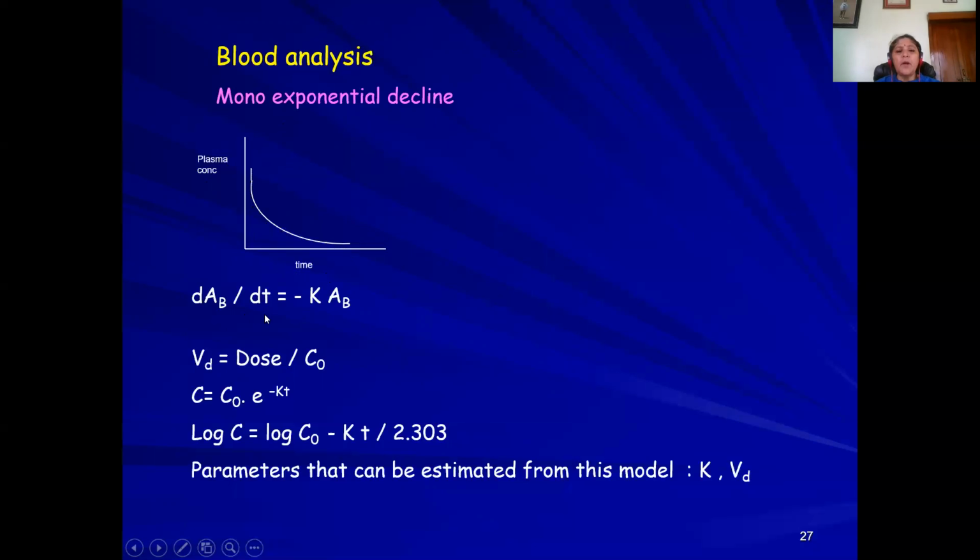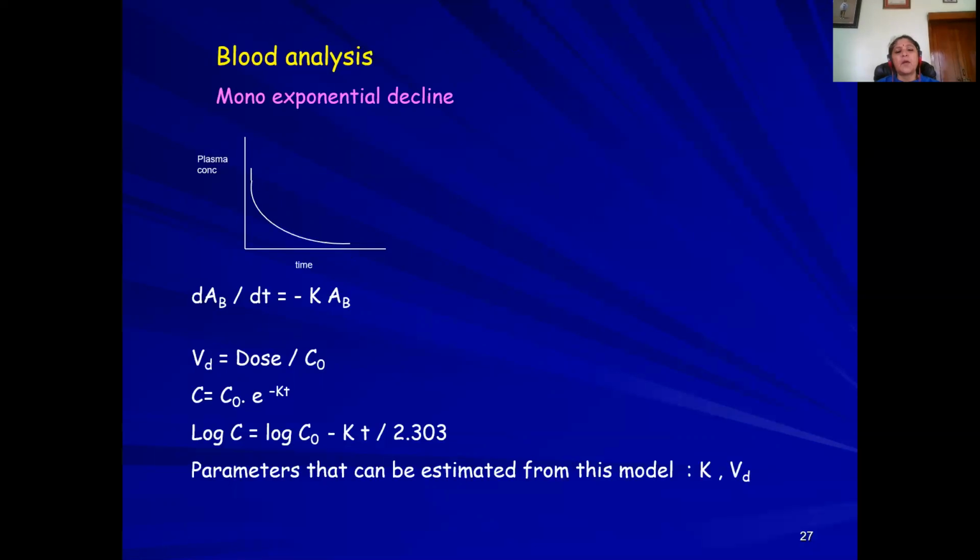Now, dAb/dt is equal to minus K into Ab, where this is the rate of change of the amount of drug in the body with respect to time, which is proportional to the amount of drug in the body. The minus sign shows that it is declining. And volume of distribution Vd is equal to dose divided by C0, where C0 is the concentration at